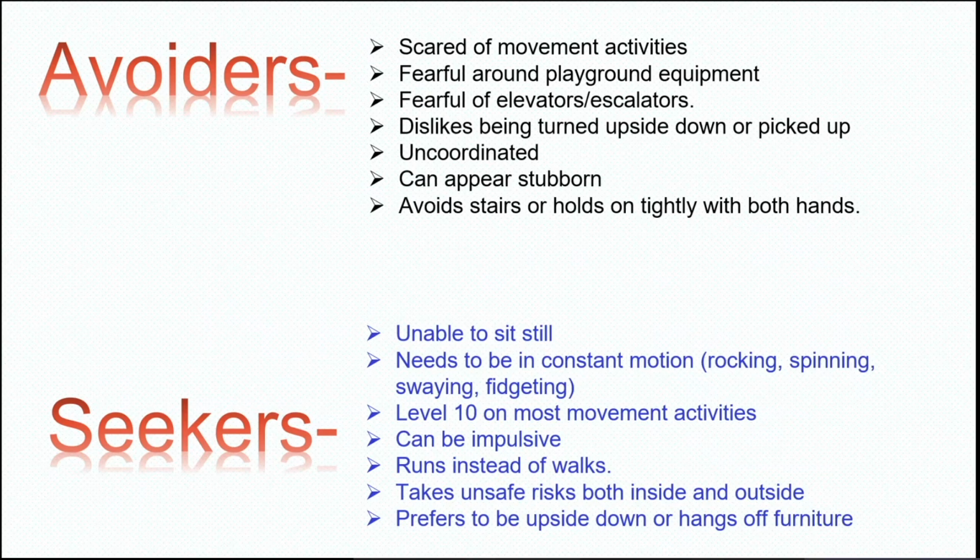Those that are seekers, they're unable to sit still. They need to be constantly moving. They're constantly rocking or spinning. You'll see them fidgeting. These are the people that you'll see shaking their leg when they have to sit for long periods of time. They're level 10 on most movement activities. They're high functioning when it comes to that. They can be very impulsive. They like to run instead of walk,